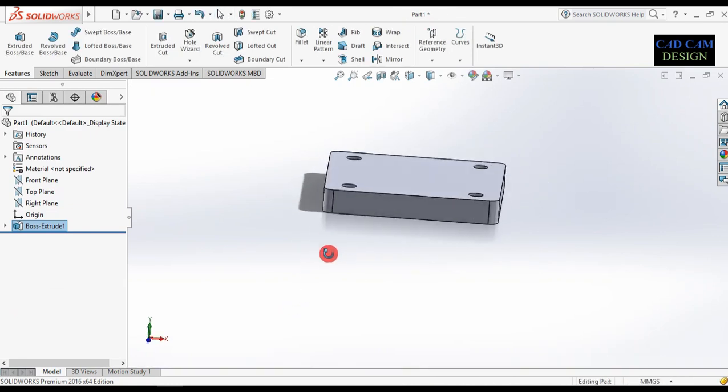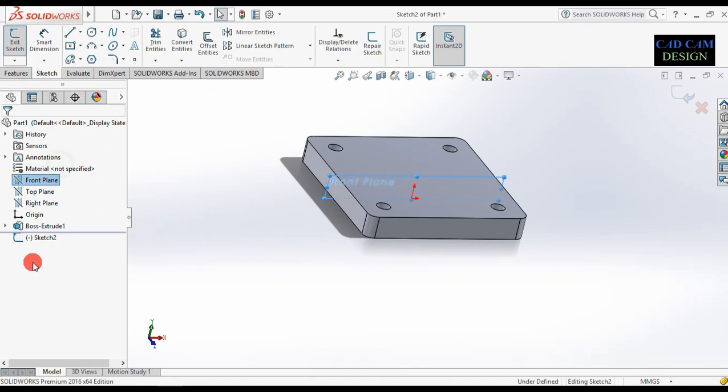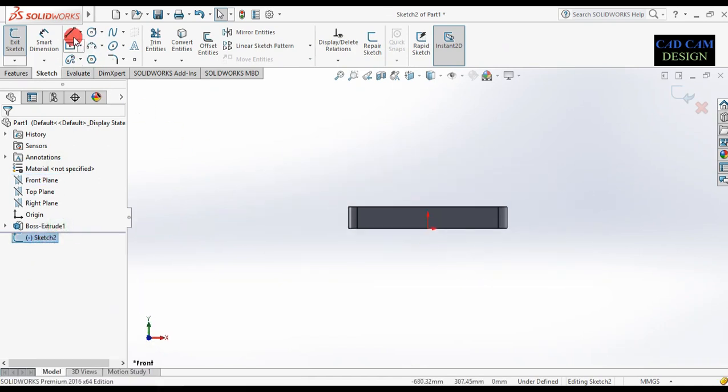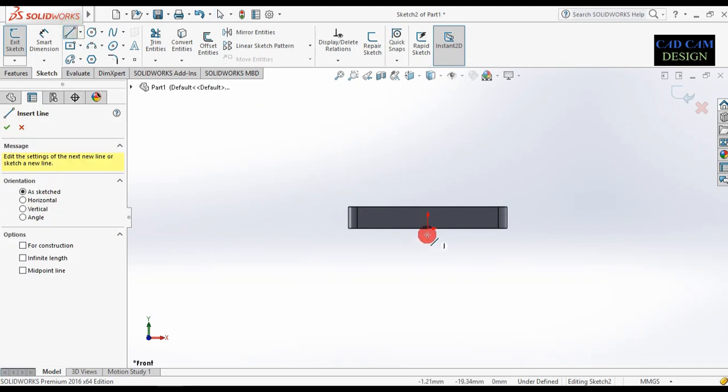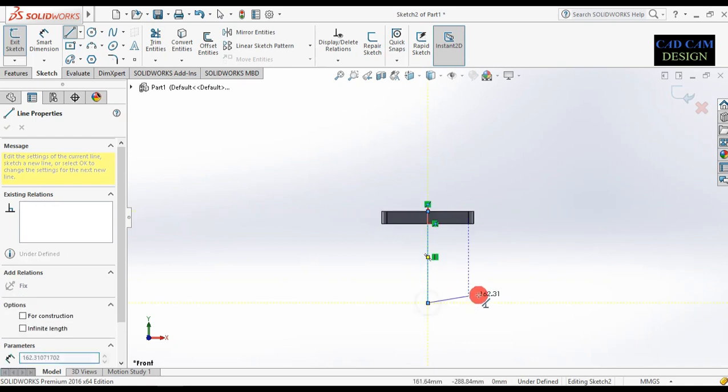Now see, the top view is complete. Select our front plane and sketch, and normal to. Now select this line and draw to this side like this, and okay.